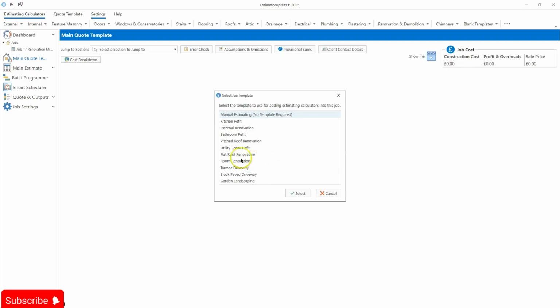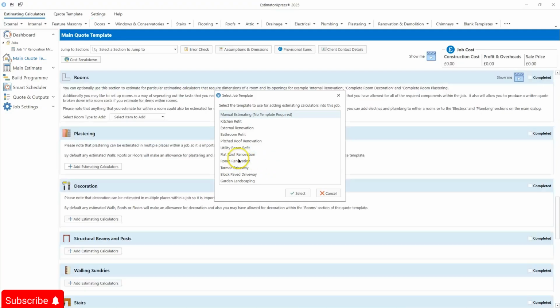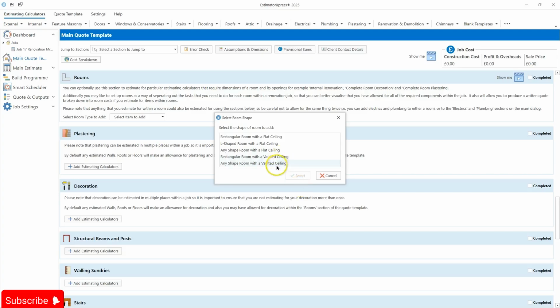In this particular instance, I should say, we'll do a room renovation. And of course you can do any shape of room. For the video today I'm just going to go with a rectangular room, but it can be a rectangular room, an L-shaped room, indeed any shaped room with a flat ceiling. And obviously the same applies to a room with a vaulted ceiling too. I'm going to select the rectangular room,